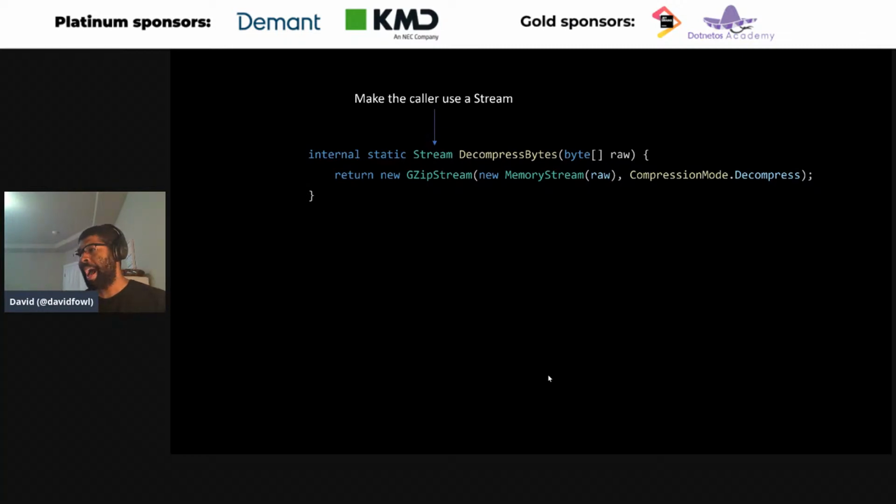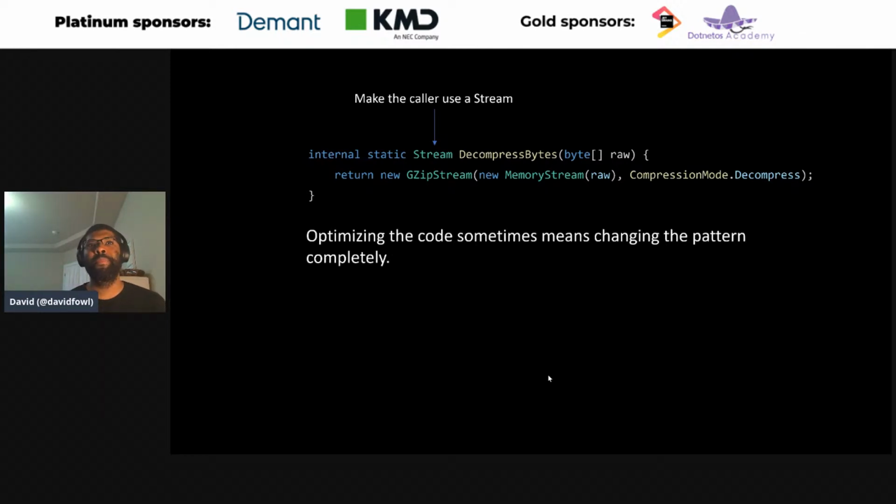byte array itself. Actually, it would be ideal if more APIs took spans, because then even if you use a memory stream to copy the decompressed bytes into, you can actually get the internal buffer from the memory stream, and then pass that in as a span to other APIs, right? The buffer in the memory stream is oversized because it doesn't know how much you plan to write in the future. So it has to allocate a bigger buffer, and it doubles in size every time. Yep. So sometimes when you want to optimize, it means changing the pattern completely.